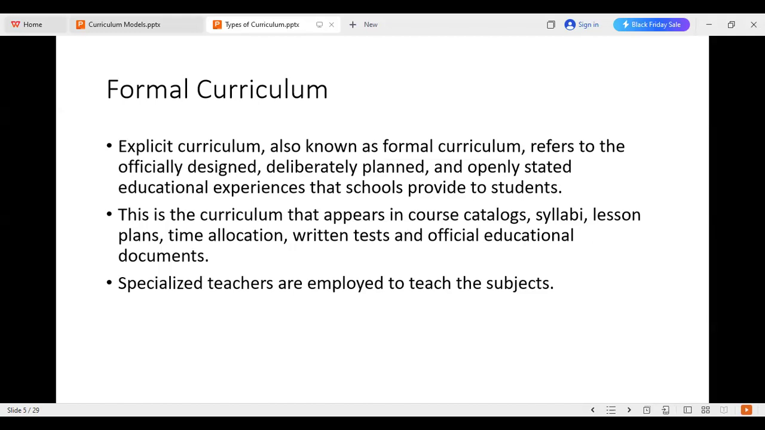This is the definition for formal curriculum. Officially designed. Yeah. Now the government is,